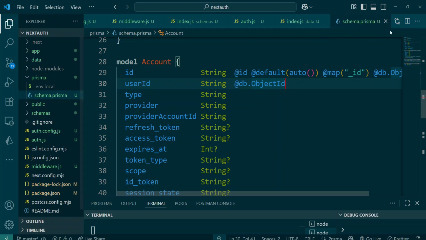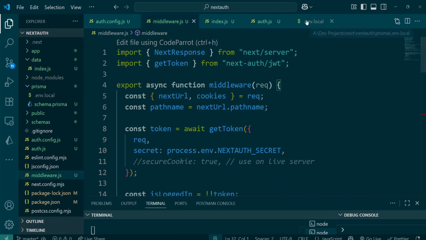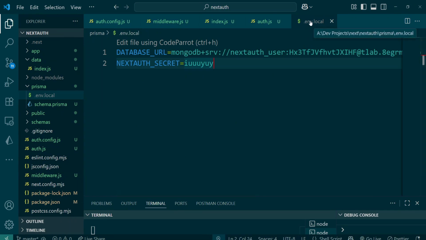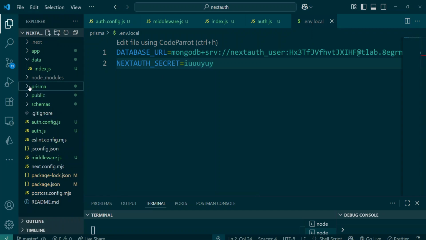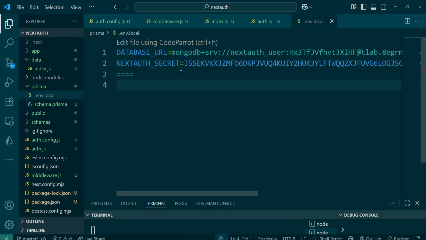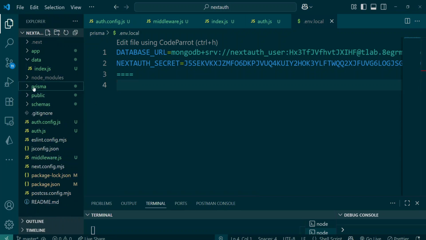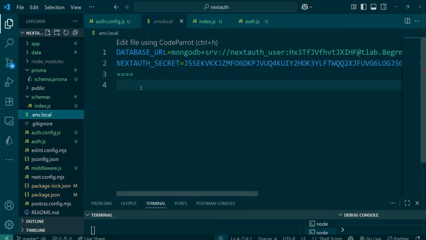Okay, it's here, but why can't I find it? Oh, inside of Prisma. Okay, it was created in a wrong folder. Anyway, for now, let me put in this. However, let me move it out. Okay, so this is our next secret